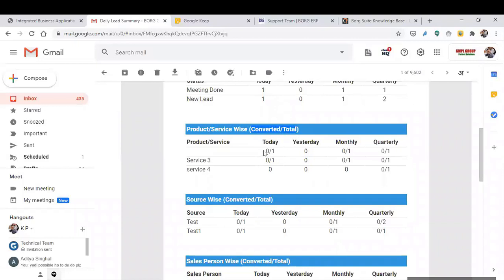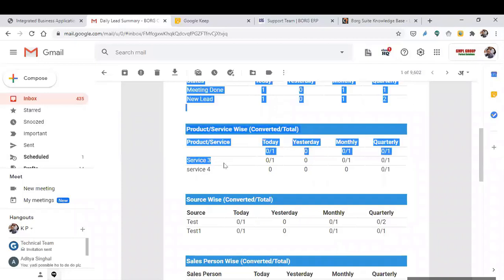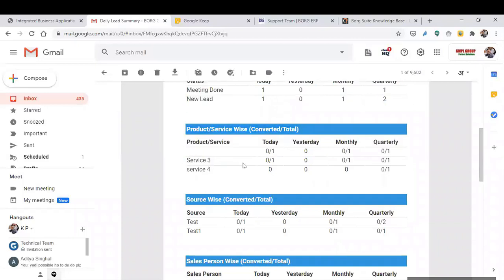So for example today, 0/1 means that 0 leads are converted and total leads with the status is 1. So this has been set blank. With the blank product and service, the converted is 0 and the total is 1. Same with service 3. How many leads have been reported and converted for service 3? Only 0 leads have been converted and 1 has been added today.